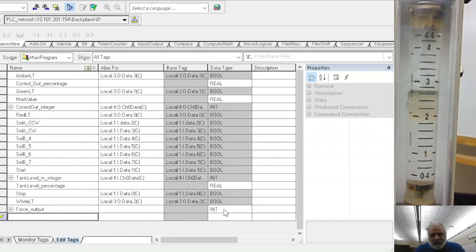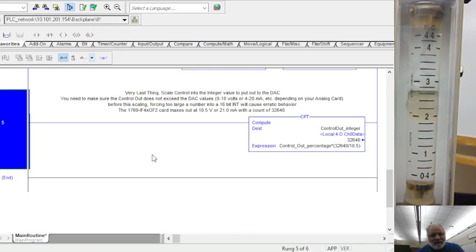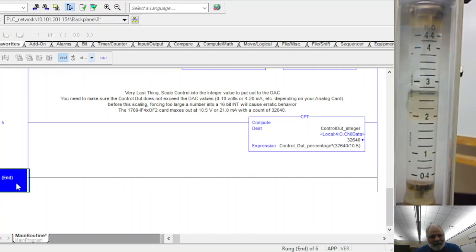And this is going to be an integer because I'm just forcing it out into the control out. Now the control out is an 8-bit card, and the maximum value for that is actually 21 milliamps, which is 32,640 as the integer value for a maximum. However, that doesn't mean that the valve hasn't already maxed out. Just because the card can go that high, the valve may max out before that. And again, the valve is not going to start outputting